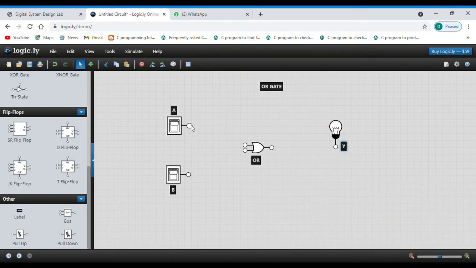Now we'll connect one toggle switch to the OR gate and another toggle switch to the OR gate. Then we'll connect the OR gate to the bulb.